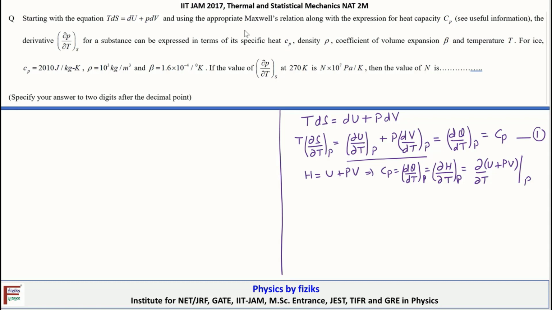And when we take the differential of the enthalpy with respect to temperature at constant pressure, that's equal to this expression that we just wrote here. So that's why from this equation we obtain the basic definition of the heat capacity at constant pressure. Okay, so now we can further make use of this definition, Cp, that is equal to